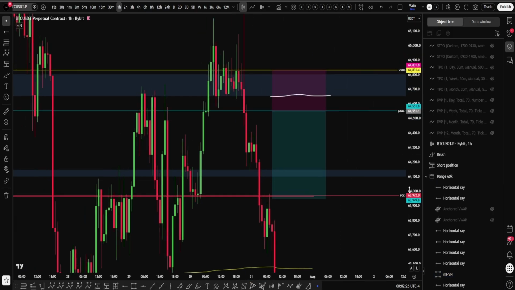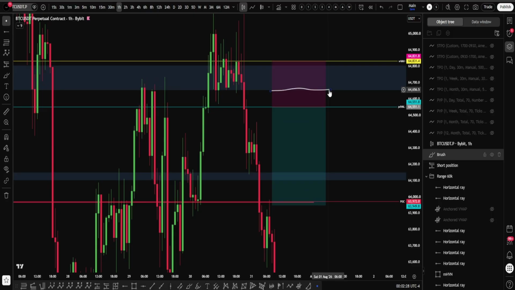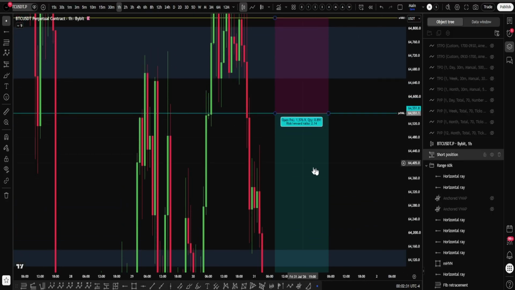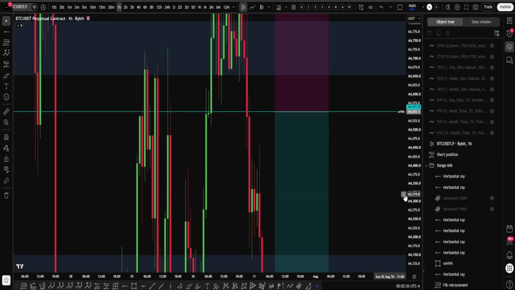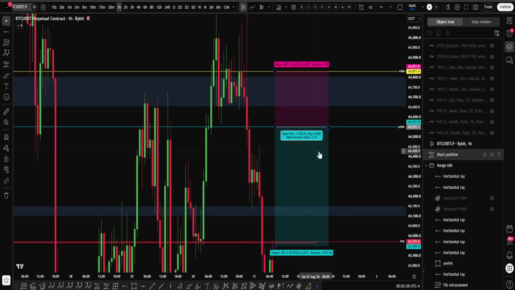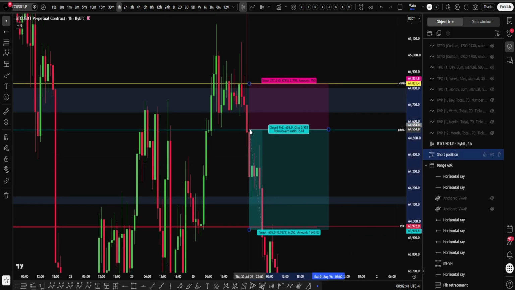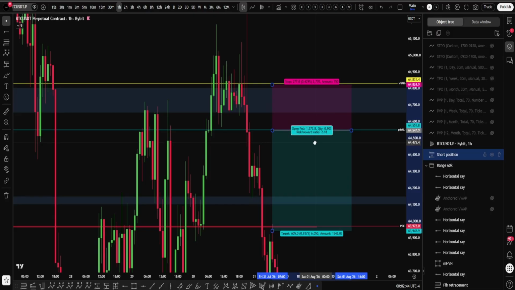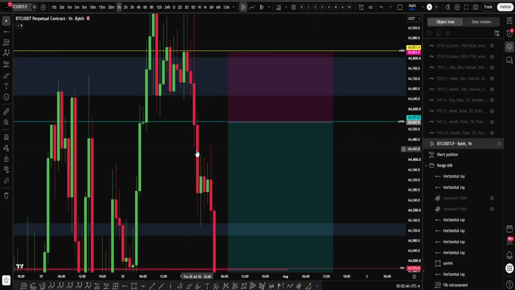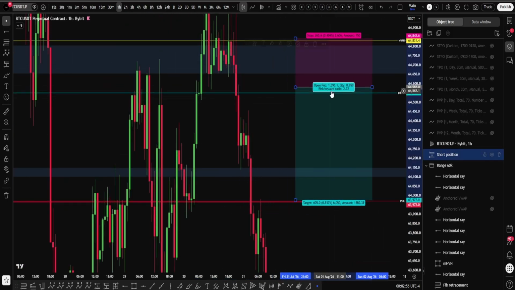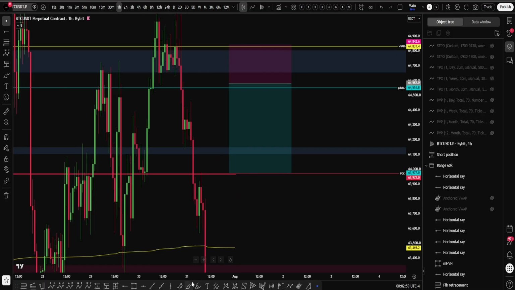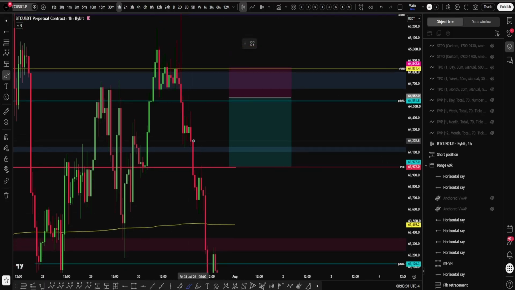But of course, I missed a short. I will say the trade was still valid because you really did get a full closure below with that retest. Oh wait, no, this was a different one. I was talking about my own trade. But yeah, it did close low and it did get that bearish retest. For me, I just didn't take it because I would have liked to see another retest taken, because I made a video, and what I was more so expecting